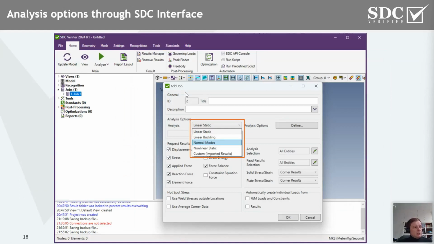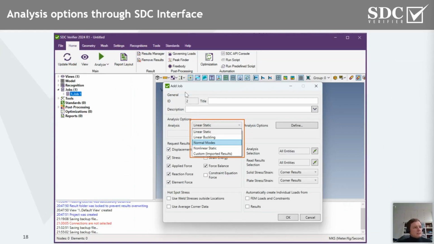So small advancements in terms of calculation settings and adding the functionality for defining the analysis options. Also, all of the parameters to identify which stresses to calculate, which results to request and to write into the OP2 file, as well as definition of analysis selection, analysis results, and